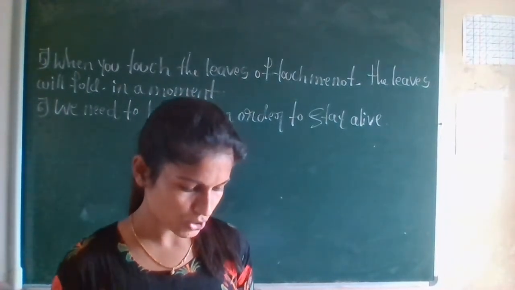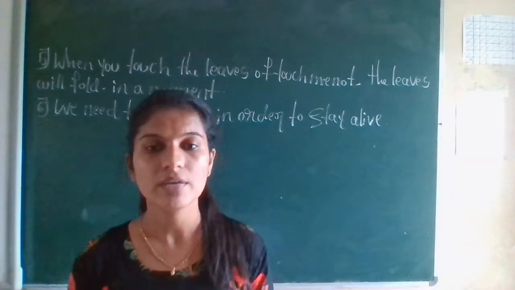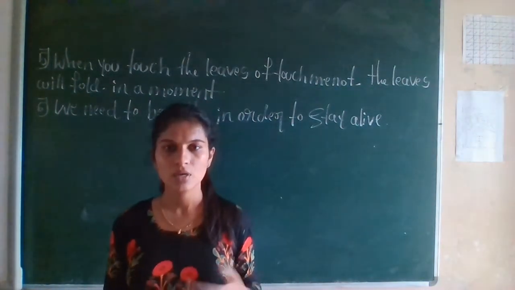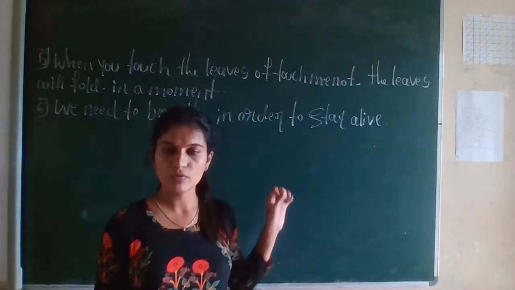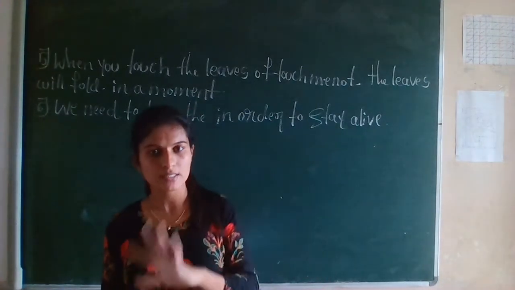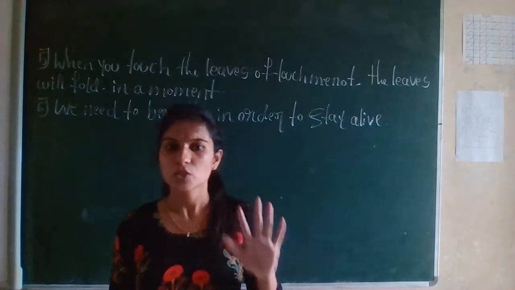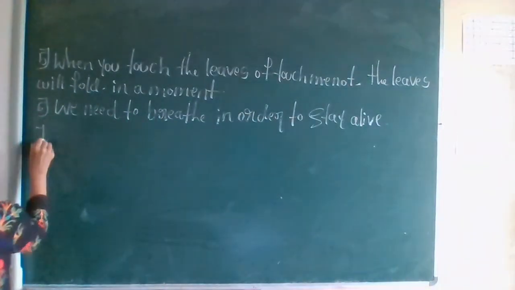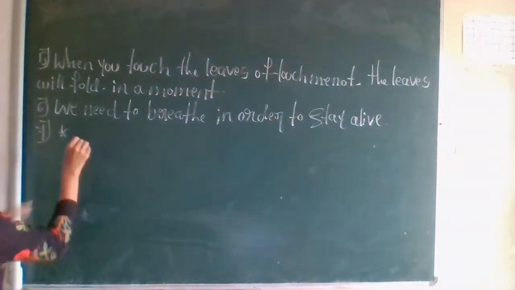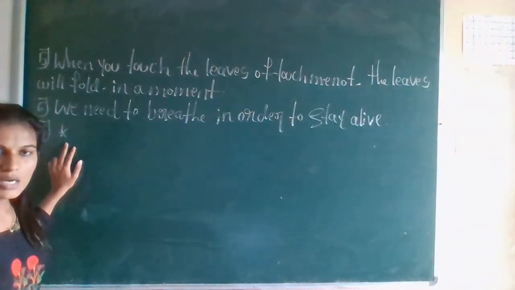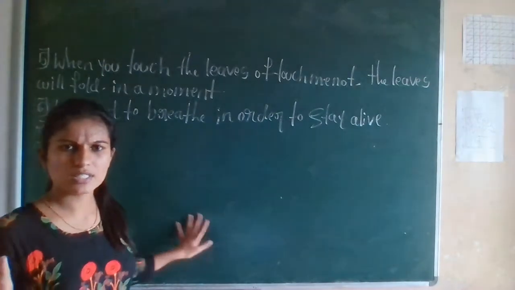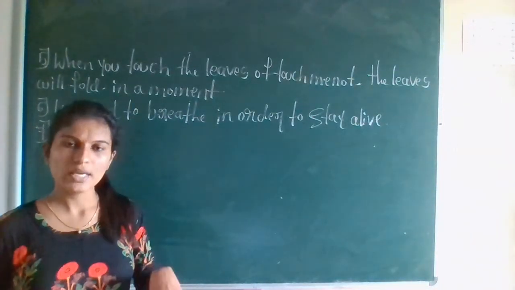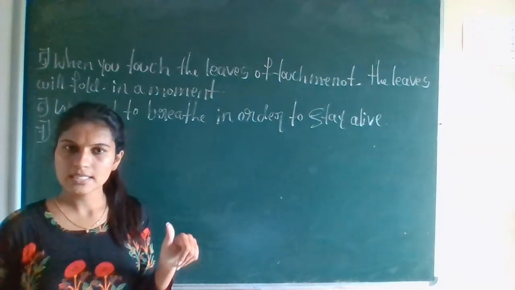What is the 7th question? Explain the features of living things. It's very easy. Already you learned this chapter. Already we discussed the features of living things, and also the features of non-living things. So this question is about the features of living things. So tell me, there are many features in living things. We will write any 3. Okay, first one, all living things can grow.